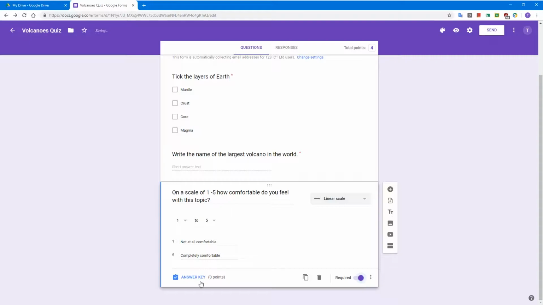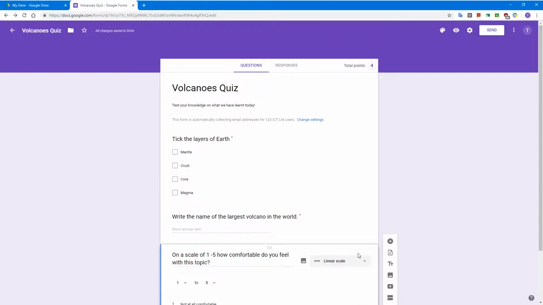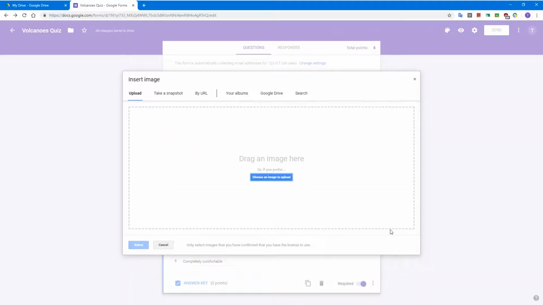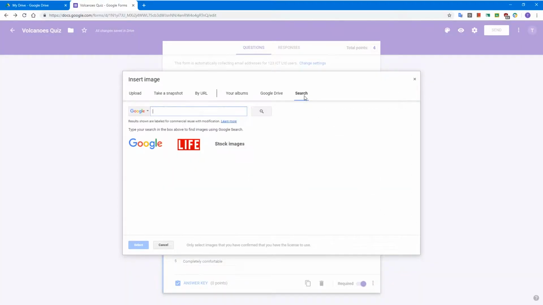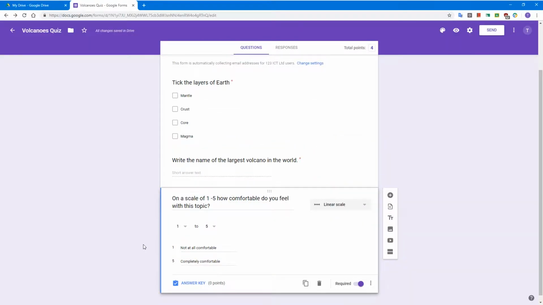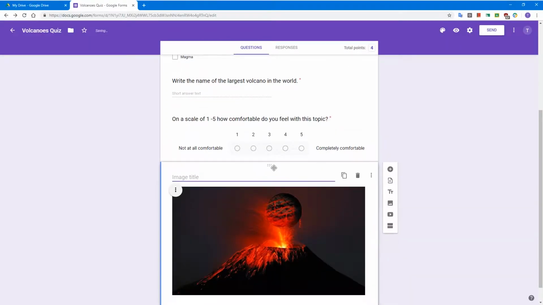Now that we're done here, it's time to make the quiz a little bit more fun. We can add lots of extra content to our quiz, such as YouTube videos, extra text, for example. But what we're going to do is add an image. I'll click on the image icon, then search, and now I can search Google for a picture I like. I'll just click this image of a volcano here, click select, and now I'm going to grab it and drag